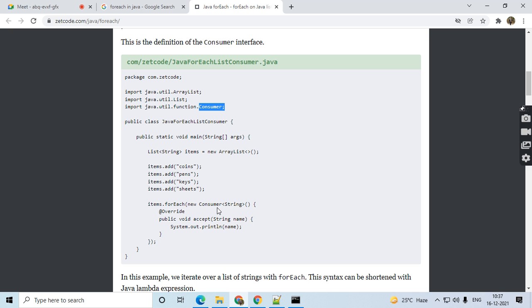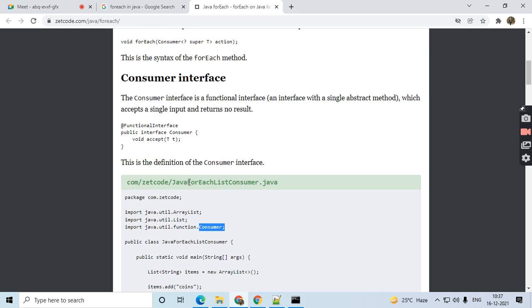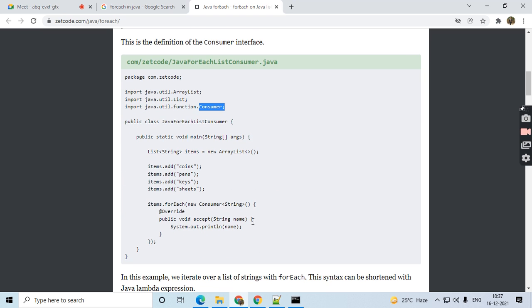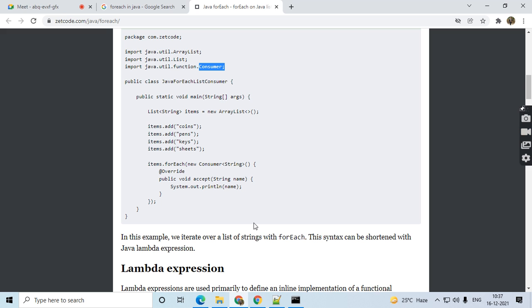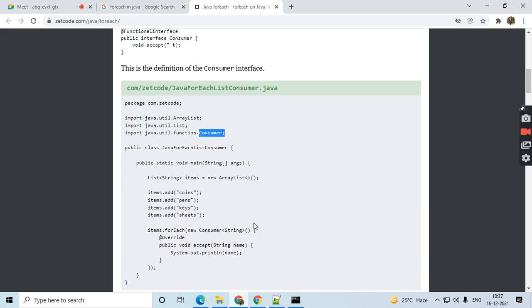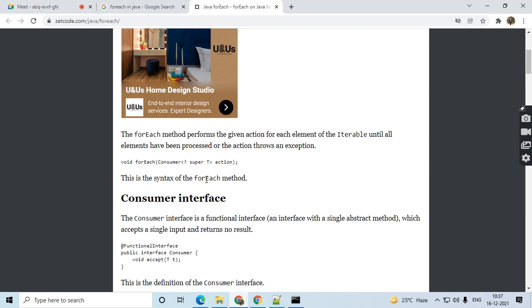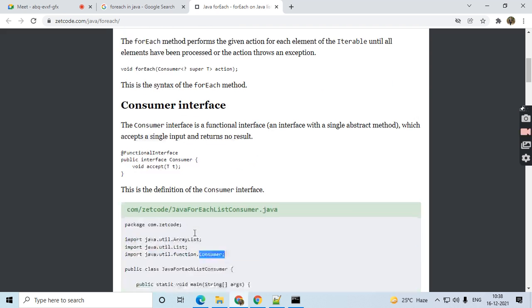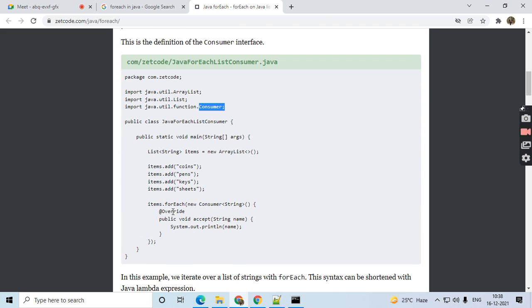New Consumer means one definition for this consumer will be created with the function accept. So when we are using for each with the consumer interface, we can implement it using the for each statement. These are some ways in which we can access the elements of collections like list, array list, sets and maps using the for each statement.